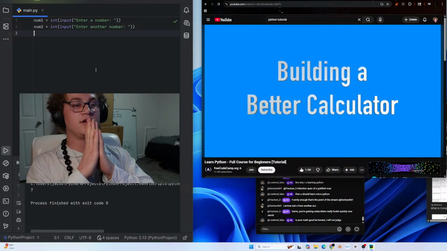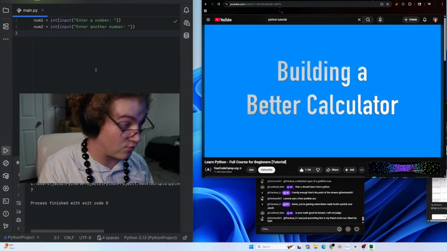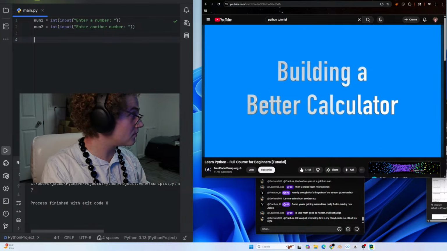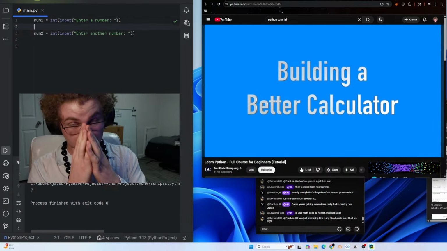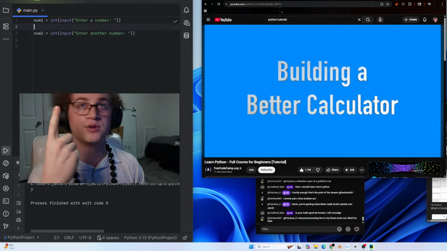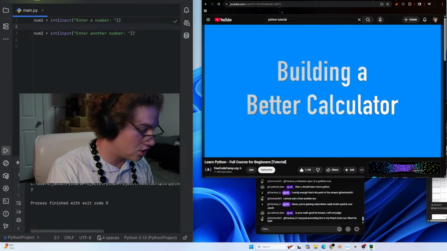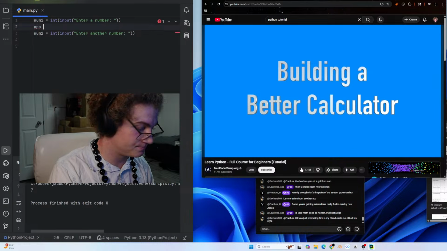Let's build a simple calculator. For those of you that are joining us right now, we're gonna build a simple calculator right now. Okay, number 1, number 2. Enter a number. Okay, no, we have to enter an operator, right? Because remember, when you're building a calculator, you're making an operator, right? We're going to do multiplication, addition, subtraction, division, okay? So we're going to do this. That's going to stand for operator. Equals,